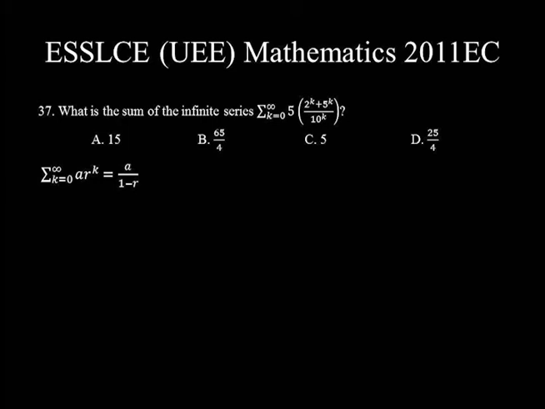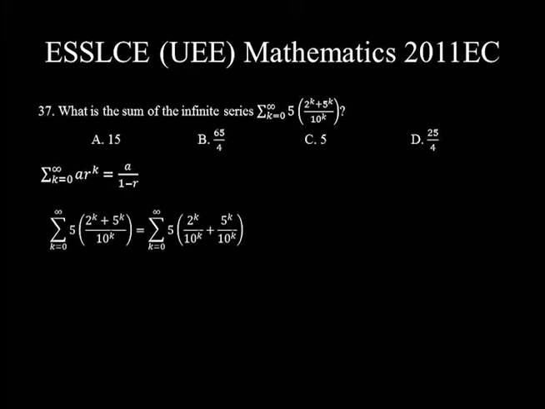So let's rewrite the series under inquiry in the form of summation of a times r to the power of k, k ranging from 0 up to infinity. Summation of 5 times 2 to the power of k plus 5 to the power of k divided by 10 to the power of k, k ranging from 0 up to infinity, is equal to summation of 5 times, let's split this expression inside the bracket, that's 2 to the power of k divided by 10 to the power of k plus 5 to the power of k divided by 10 to the power of k, k ranging from 0 up to infinity,